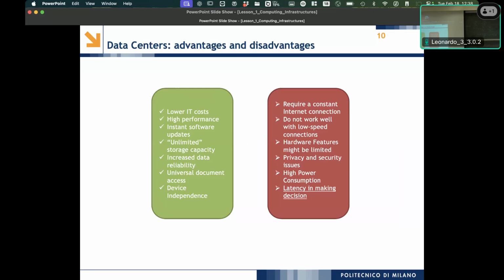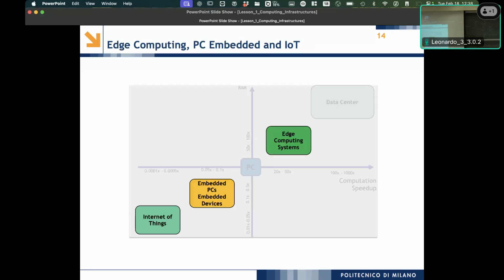Okay, this is a broad view and recap of data centers. Hope you don't have a doubt on this. Please, if you want to raise discussion, curiosity, if I'm not clear because I'm too fast, whatever, raise your hand and ask a question. I love to have interactive classes. I don't come here to talk for 2 hours in a row. I would prefer to interact with you.